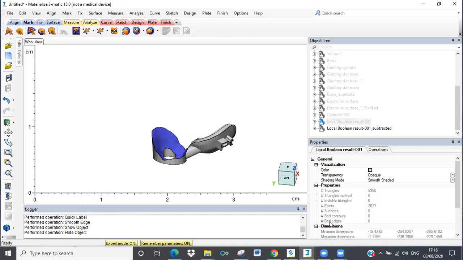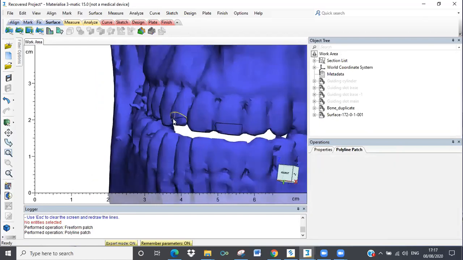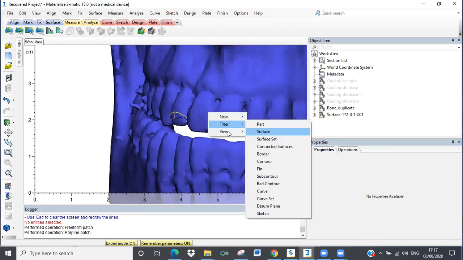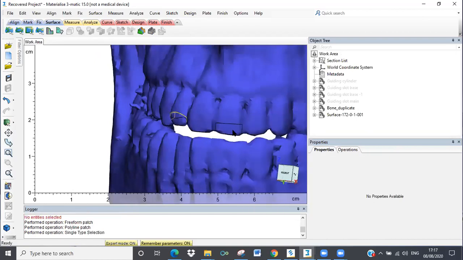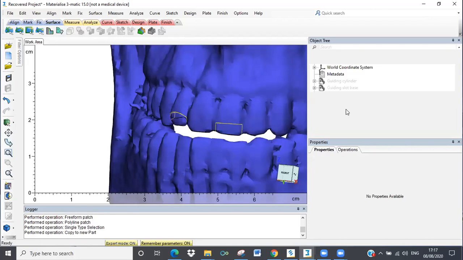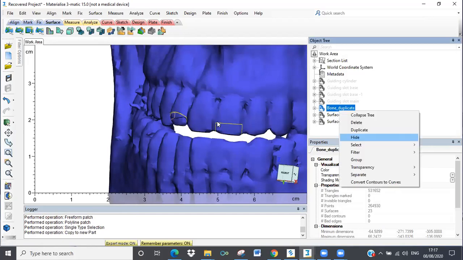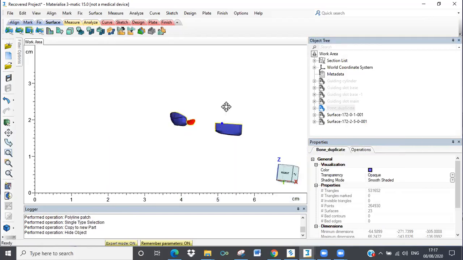Coming back here, as I was saying, you have two different surfaces created. I'm just going to filter surface, separate, copy to part, create new, and hide this component. Now you can give thickness.